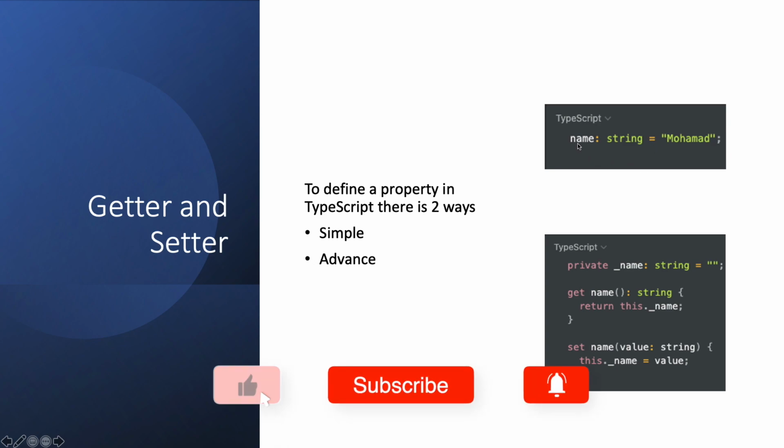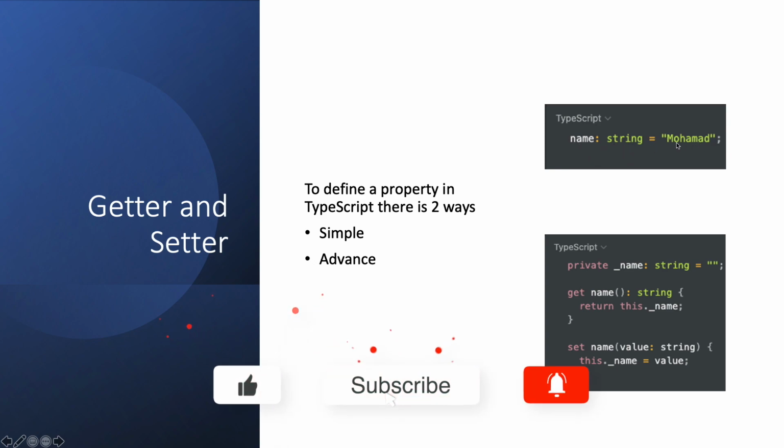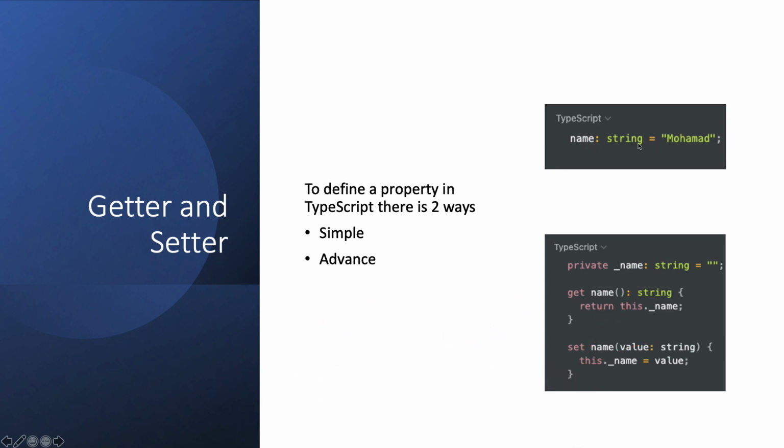So we have a name, we can directly define the type for it, and we can define the variable directly from here. So this is a very simple way. Basically, we're just on a single line, defining the setters and the getters for it. The more advanced way is we actually define those functions, which are the setters and the getters, and basically we